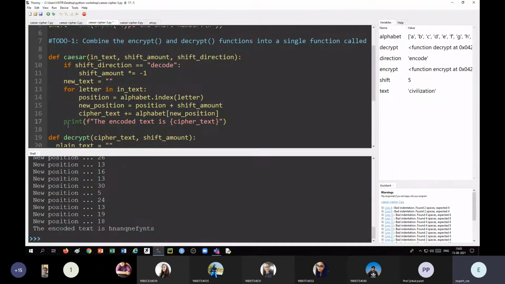And next, I have taken new text, so let me use the word new text. New text is equal to this. Print the ciphertext or the resulting text is new text.